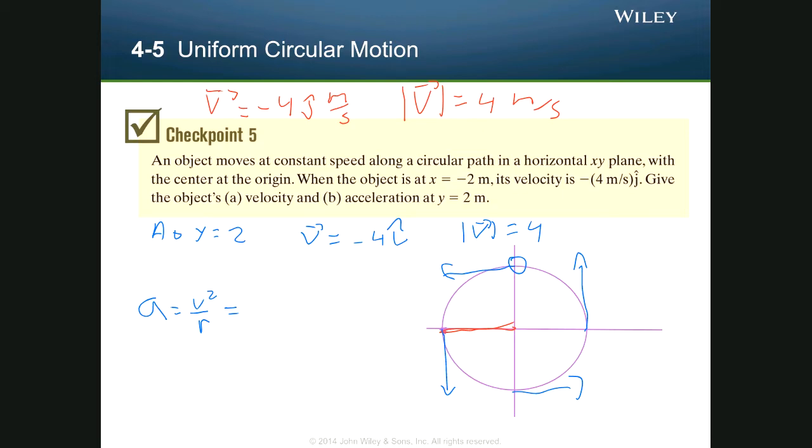So we just take that 4 squared, that's 16, and you can see from the problem here, the radius is 2, right? And then that's what we got before, over 2, 16 divided by 2 equals 8 meters per second squared,